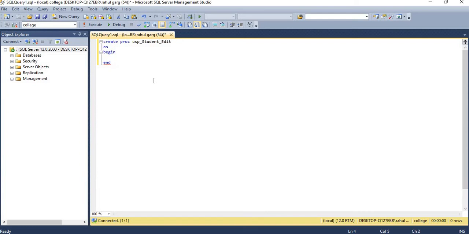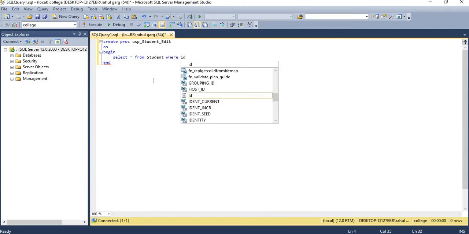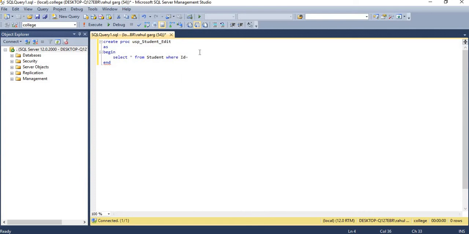This stored procedure is same as the stored procedure to show the student data, but a little difference like this: select star from student where id equal, we need to pass the id. For this we will write here id. It will get the id parameter from the code, at the rate id. Let's execute it.